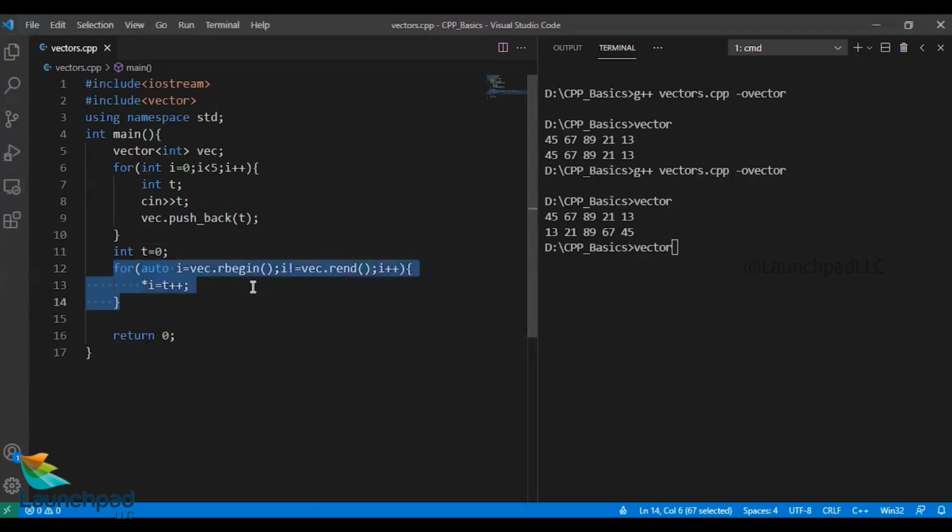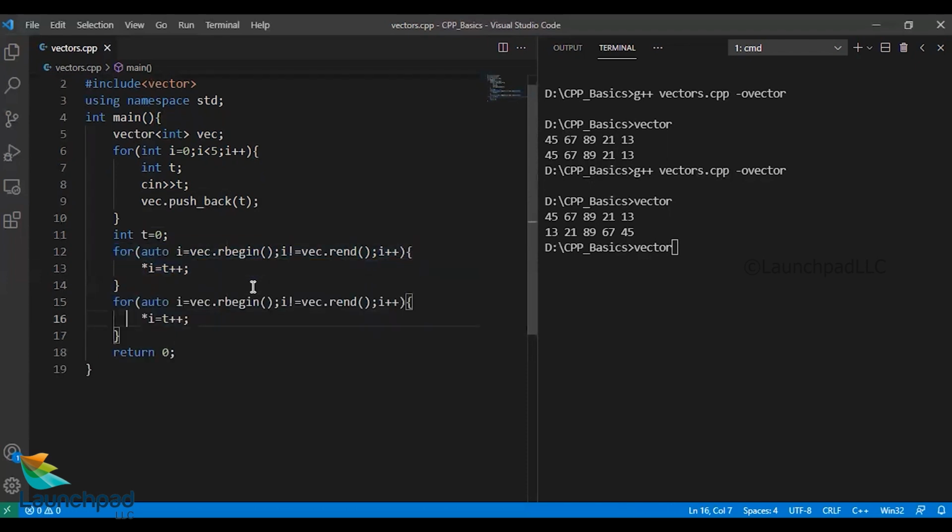I'll copy the same loop again. So this time I'll run it with the begin and end functionality. I'll simply print the values in it, cout star i, and a semicolon to end. Okay.